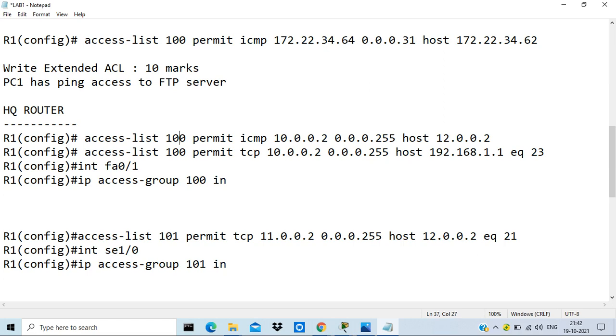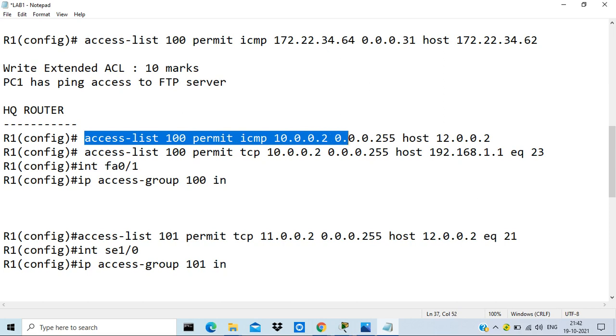Since they have asked that PC1 should have ping access, ping in technical terms we call ICMP. The protocol behind ping is ICMP, Internet Control Message Protocol. So this is the protocol that governs the ping command. So this is the command: access list 100, where 100 is the access list number, and then permit, and ICMP is for ping, and source is 10.0.0.2.